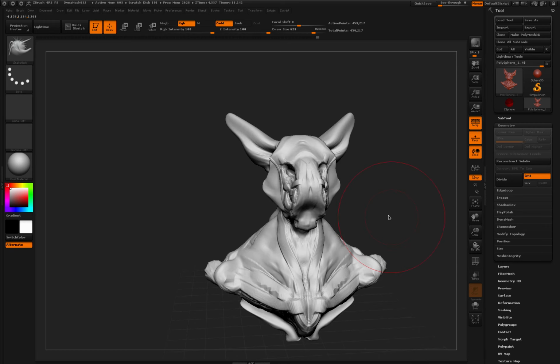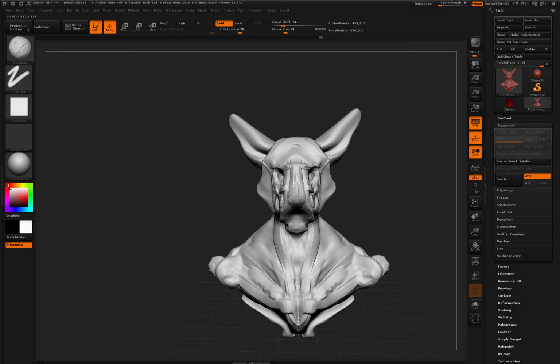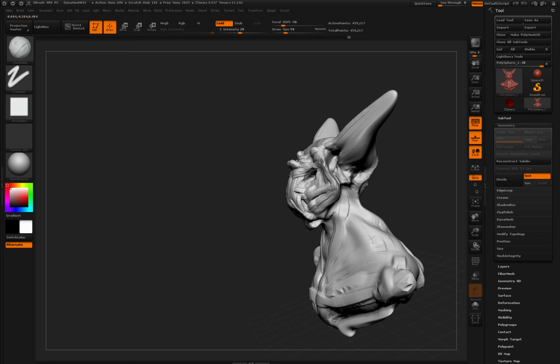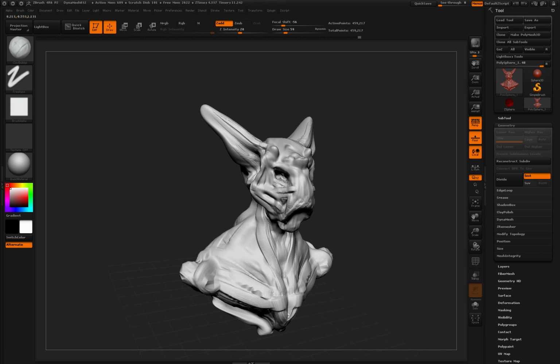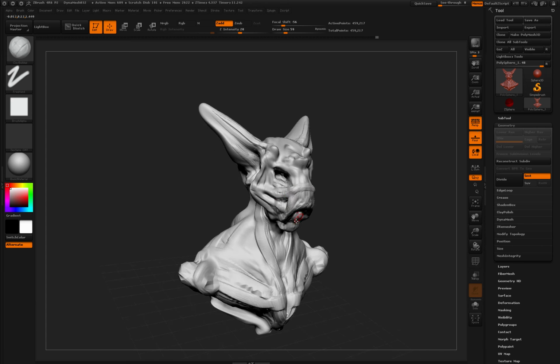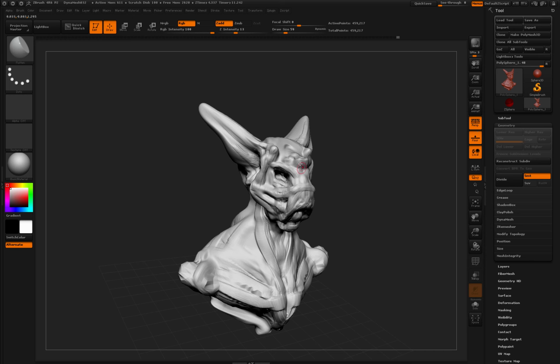So I really like working with ZBrush for stuff like this because it's really easy to experiment and I can simply just focus on the shape and I'm not distracted by the composition or the colors of the image I'm creating. I can simply focus on the design